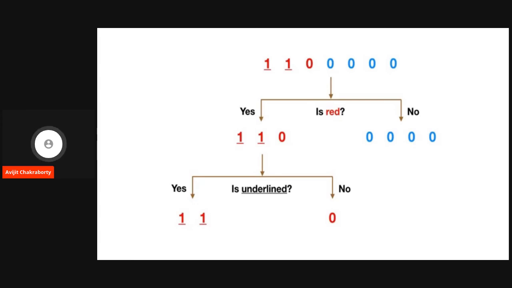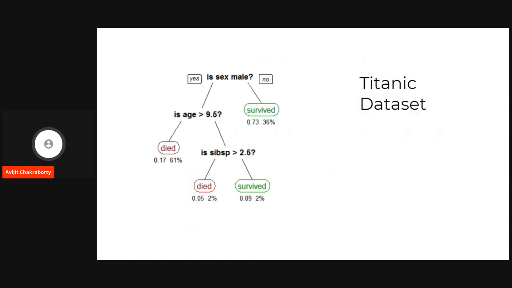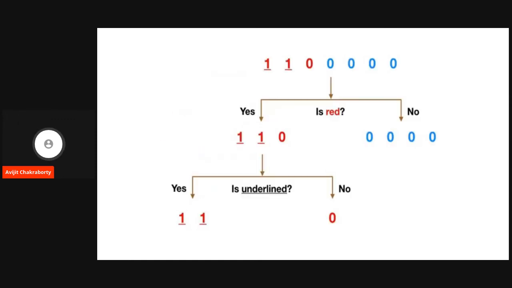Okay, this particular data set can also be approached another way. Say you want to ask the first question as whether it's underlined or not. So if you say whether it's underlined or not, then at first it will